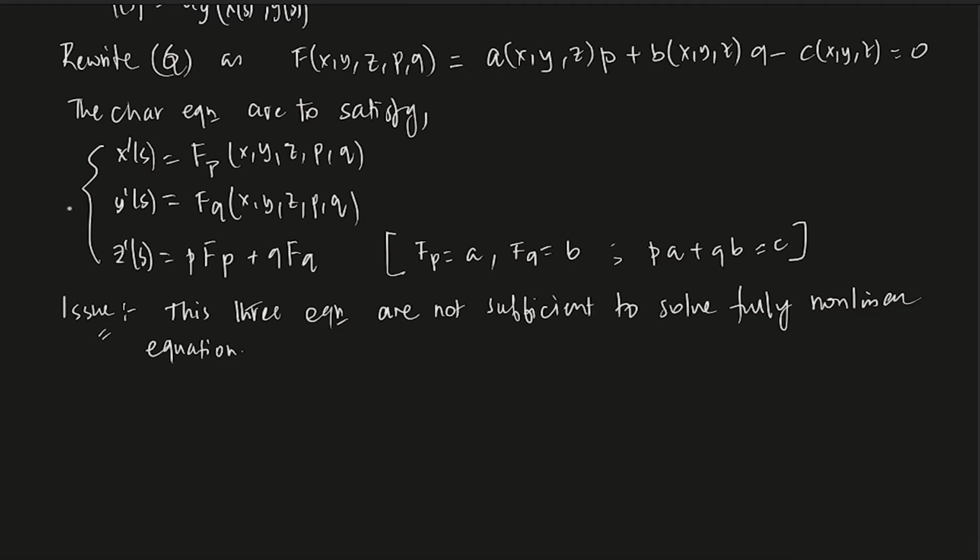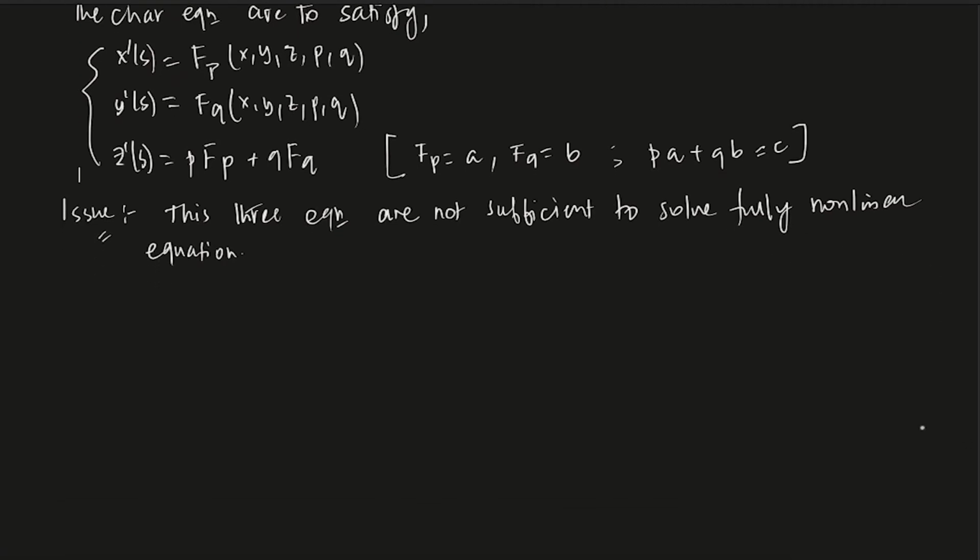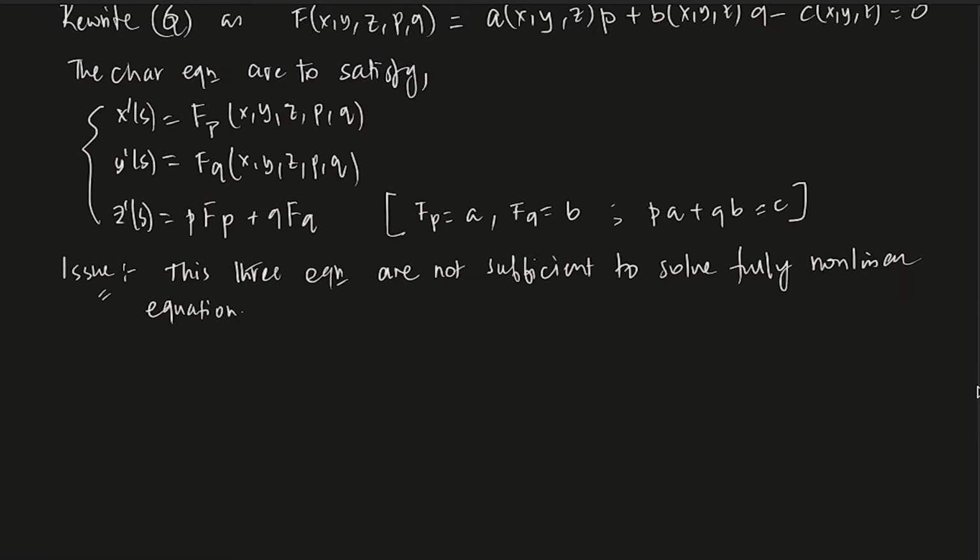See, up till quasi-linear equations, these three equations, with obviously the initial conditions, are sufficient to solve the problem. But for nonlinear equations, things get a little complicated. To handle those, we have to create new equations, so you need more information on the problem. To get that more information, we are going to take the derivative of this.